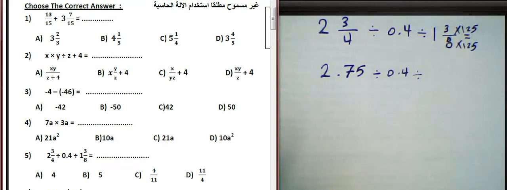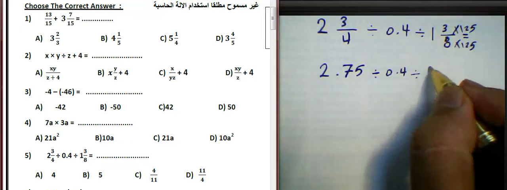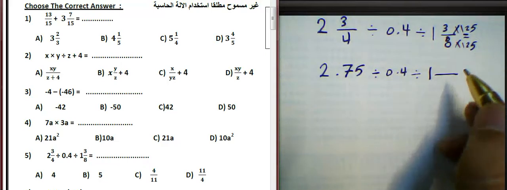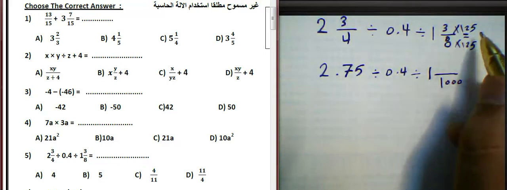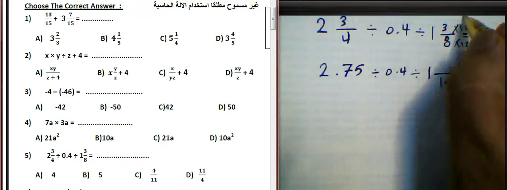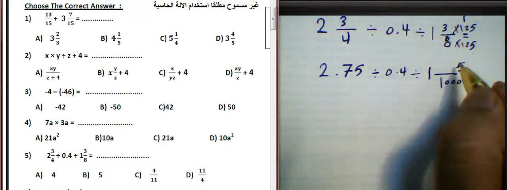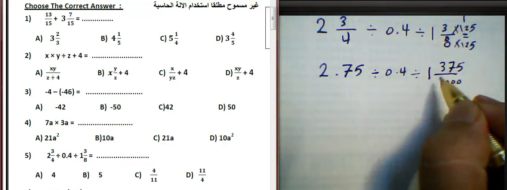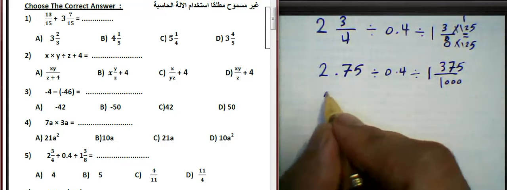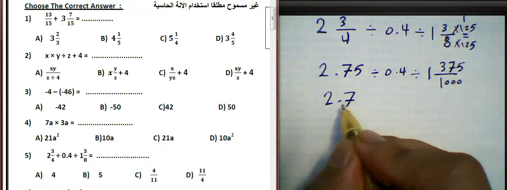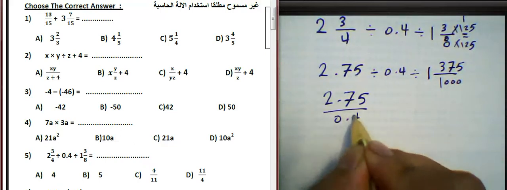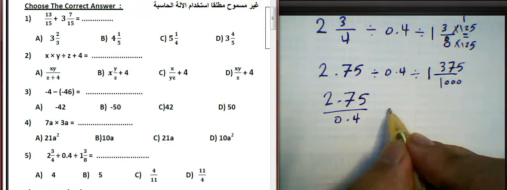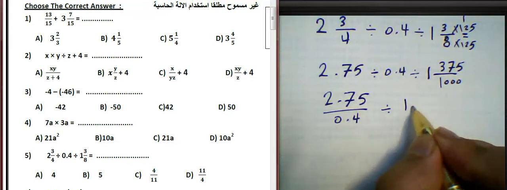Okay, the result will be 1. And 8 times 125 equals 1000. 3 times 125: 3 times 5 equals 15, write 5 and carry 1. 2 times 3 equals 6 plus 1 equals 7. 1 times 3 equals 3. So we must write 2.75 divided by 0.4 first, and next we must divide it by 1 and